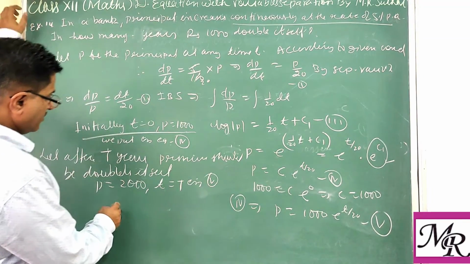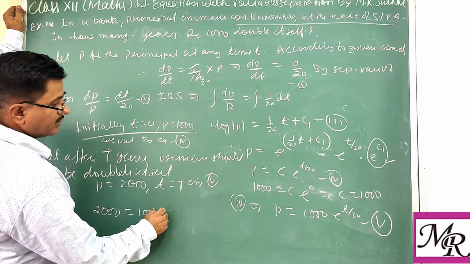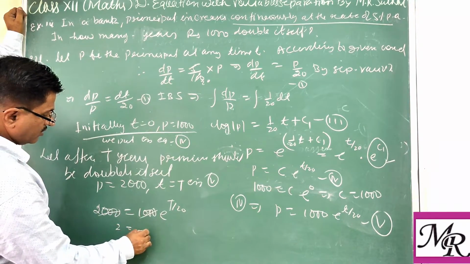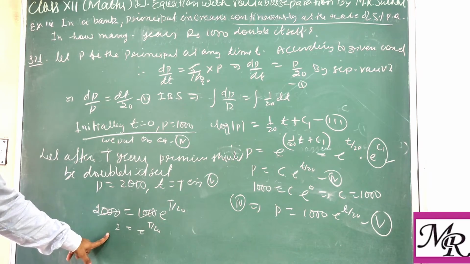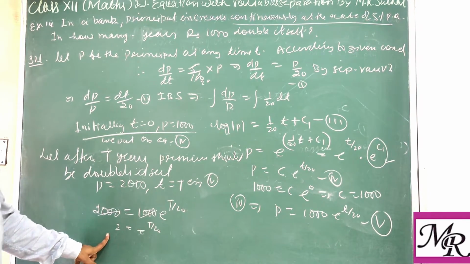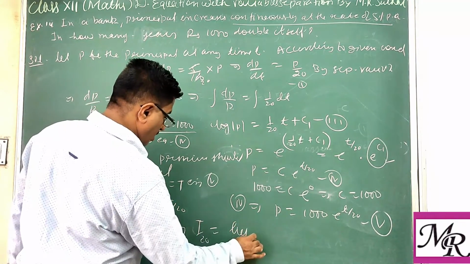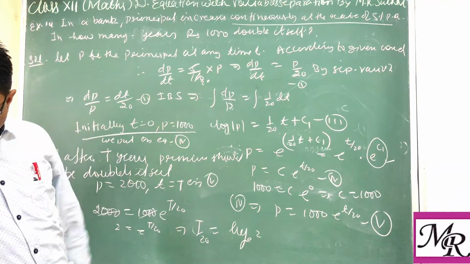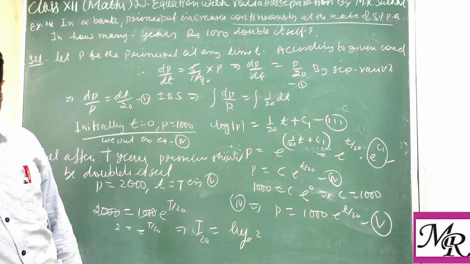So what we get? P, means 2000, equal to 1000 e power capital T by 20. Transferring this side, 2 equal to e power T by 20. Clear? Now if we remove the e, it will again convert into log. So log of 2. So we get T by 20 equal to log of 2 for the base e. So finally